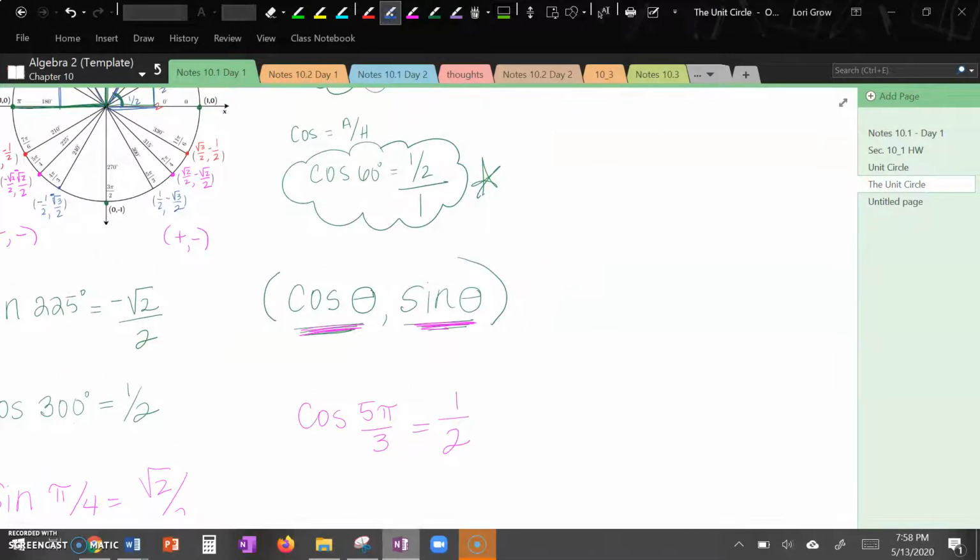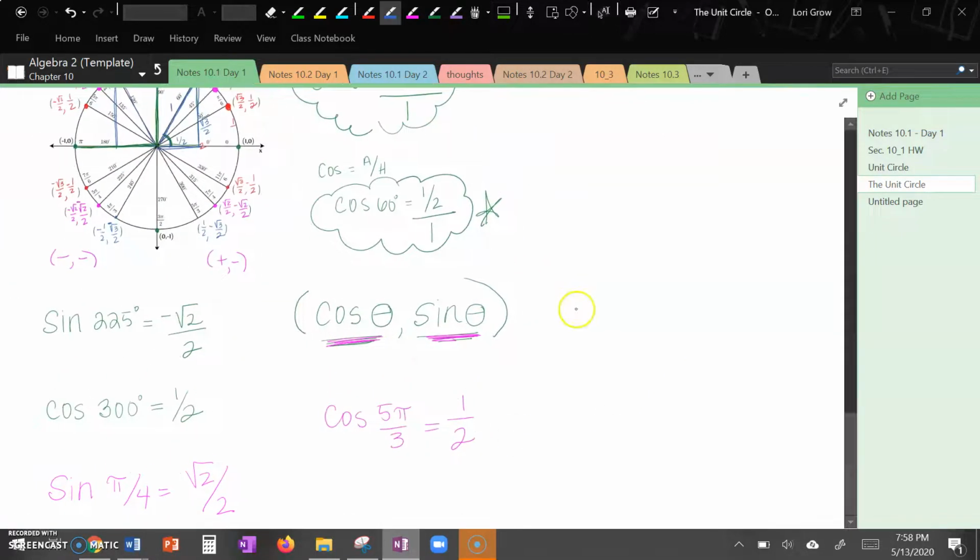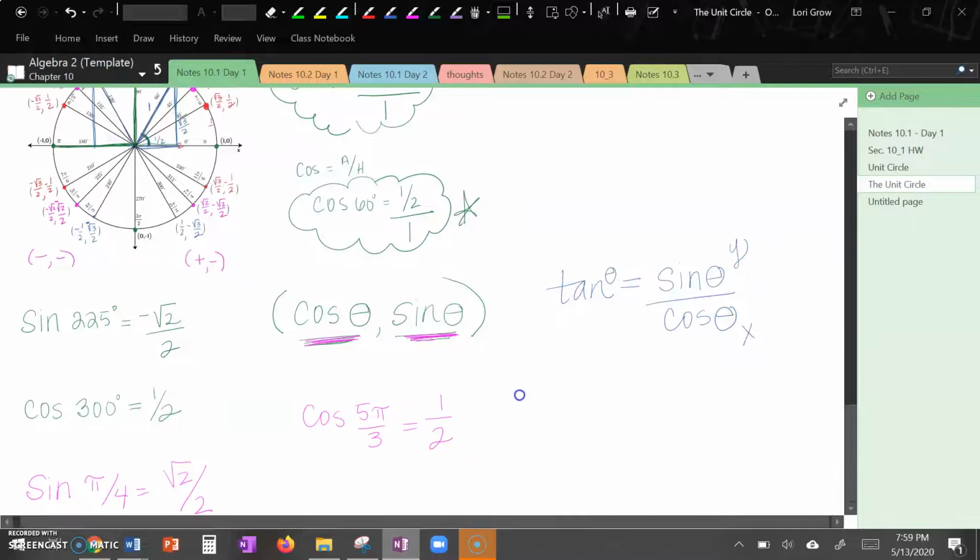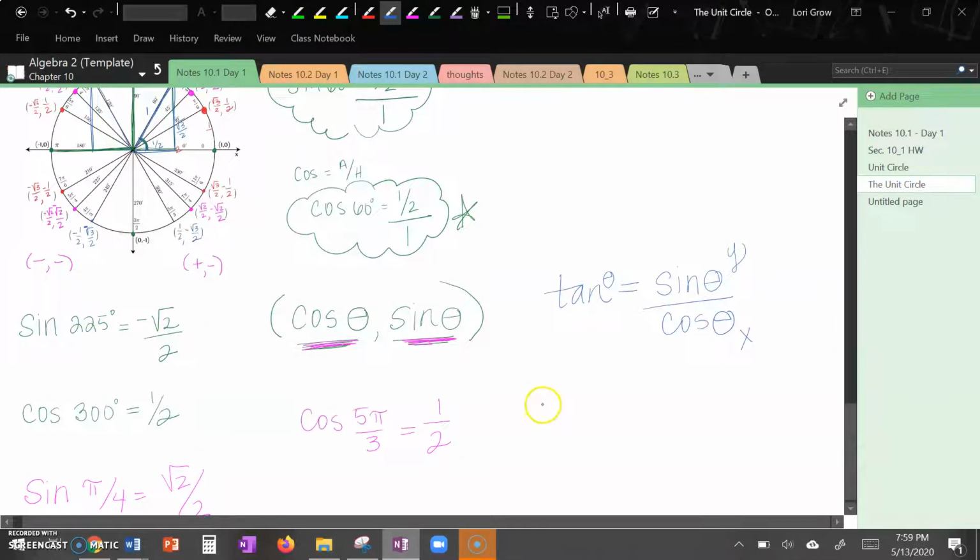And finally, the last thing that you might be asked for is the tangent of an angle. Now, the tangent is always the opposite over the adjacent, so you could do things that way. Or you can also know that one of the trig identities is that the tangent of an angle is always the sine value divided by the cosine value. So in our case, this is always going to be the y value divided by the x value. So let's take a look at the tangent